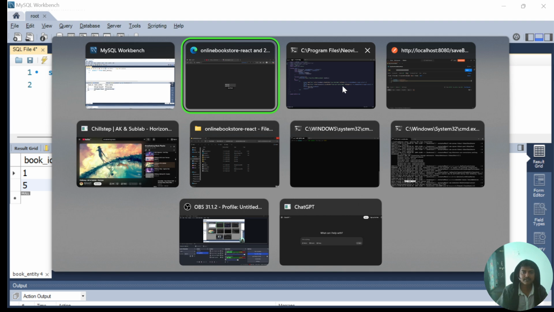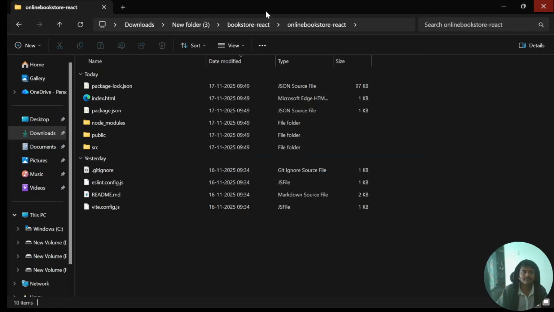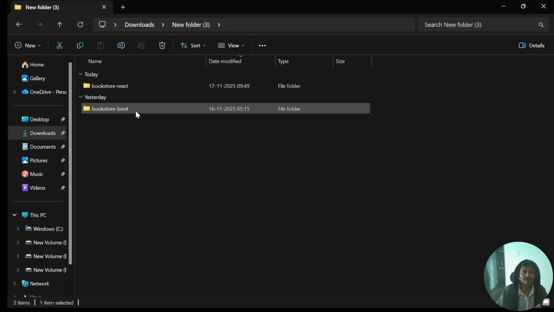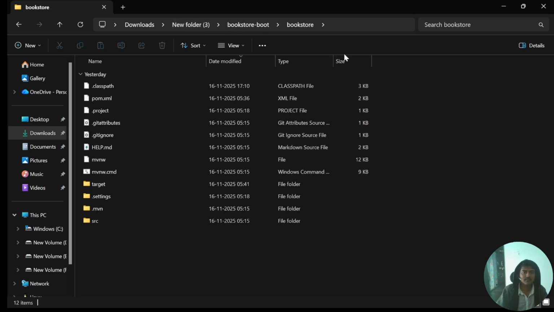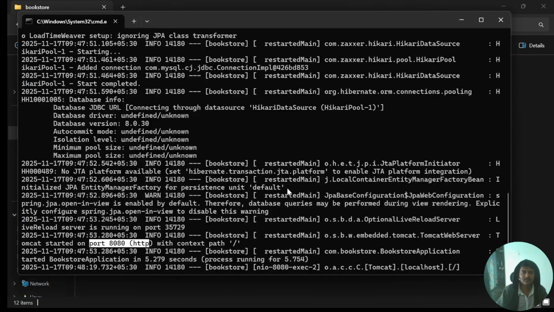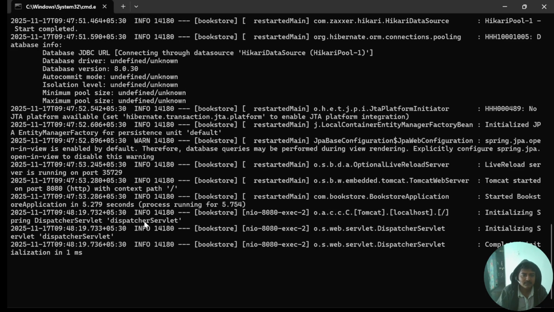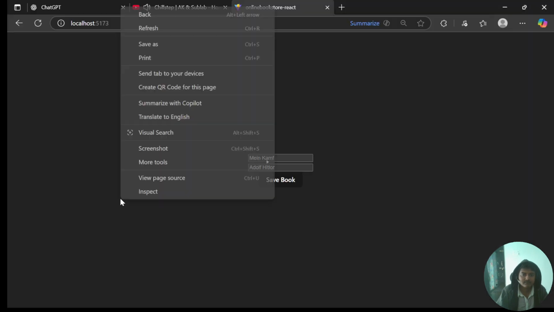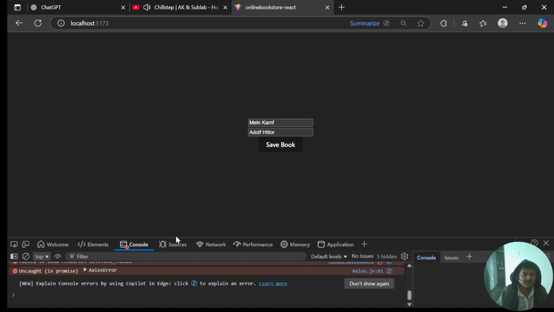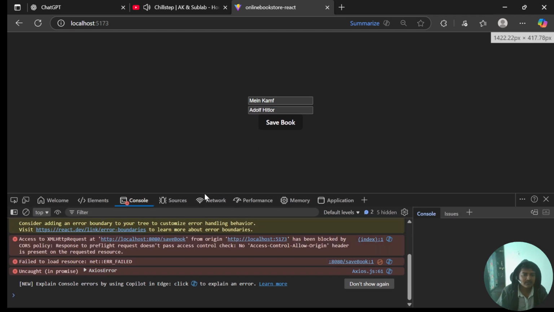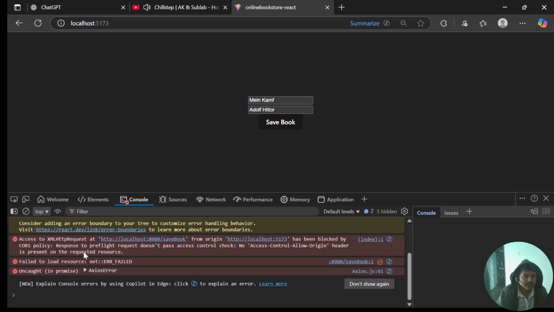Why? Our application is running, right? Our boot application is still running on 8080. No error in the logs as well. In the inspect, did we get